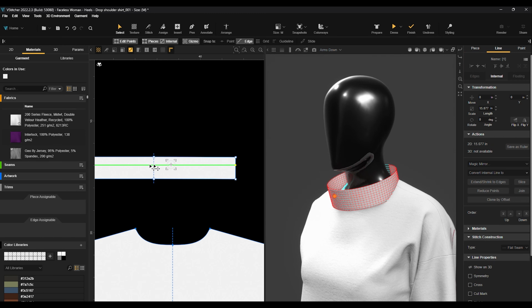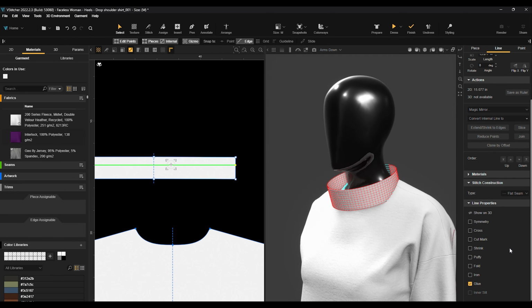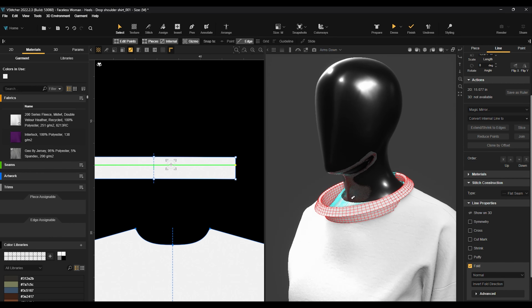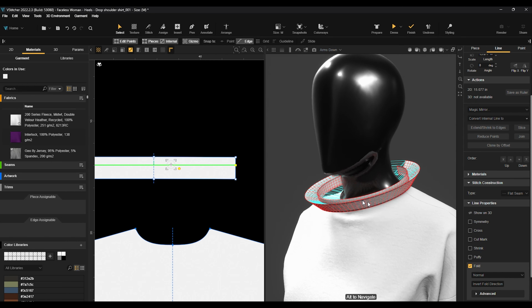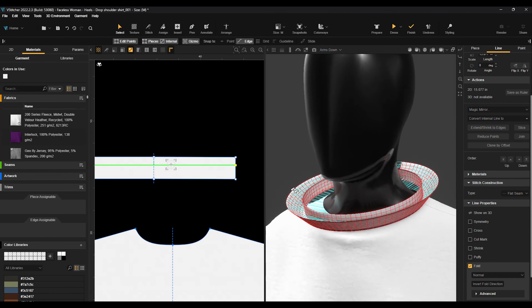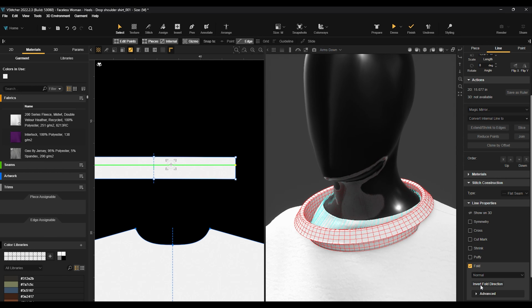I'm then going to select my internal line, and going down on my line properties section, clicking fold, I can see that that fold line has now folded over. If by chance your pattern is folding up, so it looks kind of funky like that, that means the system's reading this line and saying, oh, you want the bottom to fold up? Nope, that's not correct. We want it to actually fold down. So under here, we'll just click this invert fold direction, and I can now see that it's folding the correct